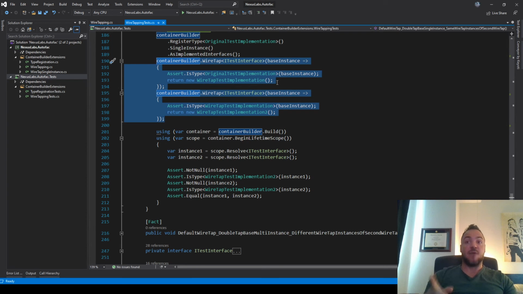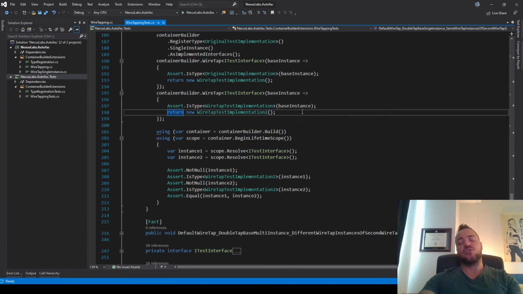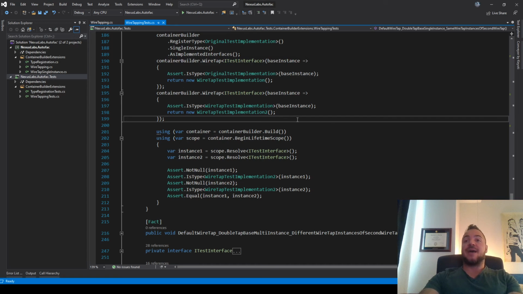I'm going to come back to that word consistent at the end of all this because that's how I want to summarize this video. But I wanted to make sure that I could get that functionality. The cool thing is, I do think that with how I have the code behind it, I can change up the API to actually allow overriding wiretaps. So if you knew or you were like, I want to make sure nothing else is wiretapping, I don't want to chain things together.